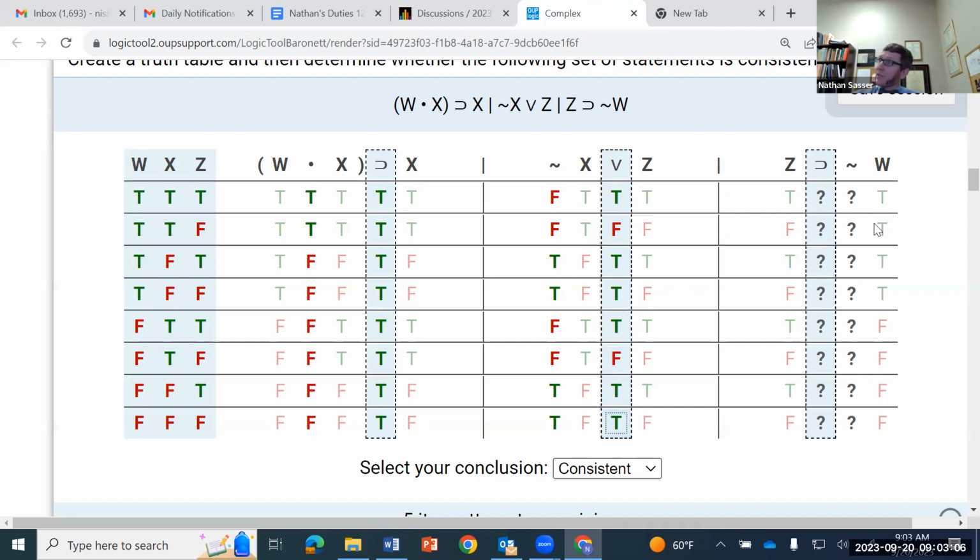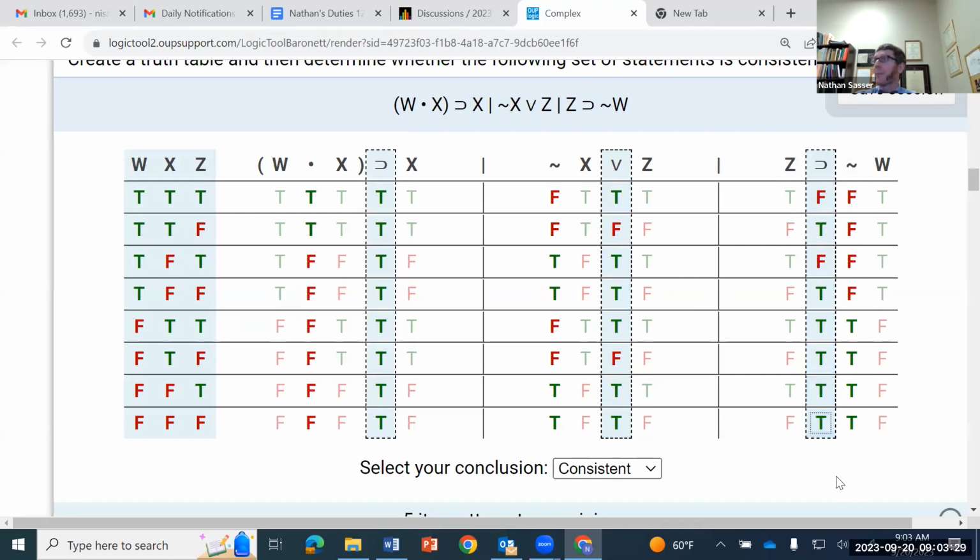And then finally over here, let's start with negation. False, false, false, false, true, true, true, true. And then the horseshoe. We're looking at the Z column and the negation column, so that's false, true, false, true, true, false, true, true,